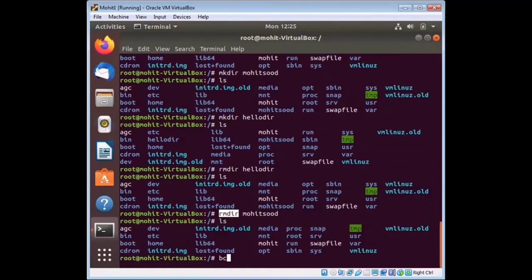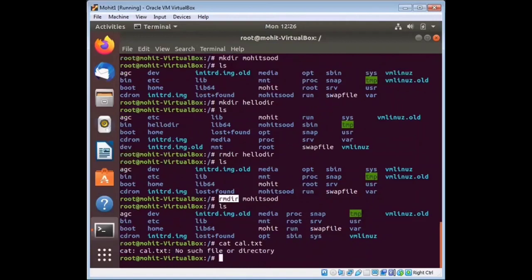First of all, you create the file first. Cat, like cal dot txt. You have to create a file, any file, like cat cal dot txt.